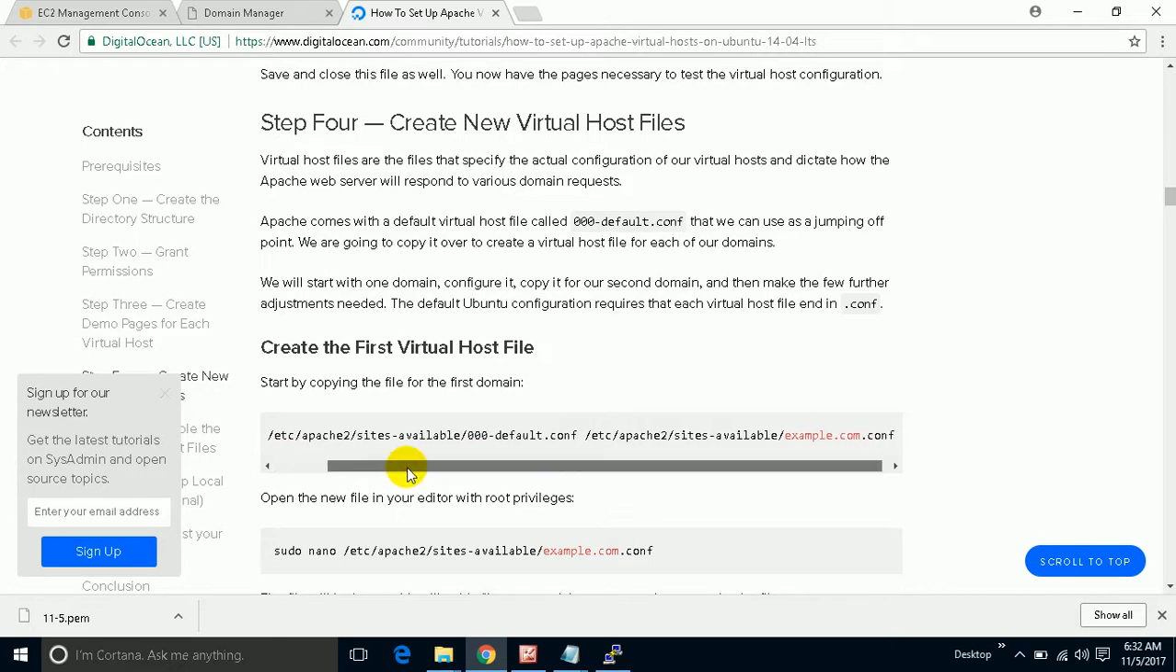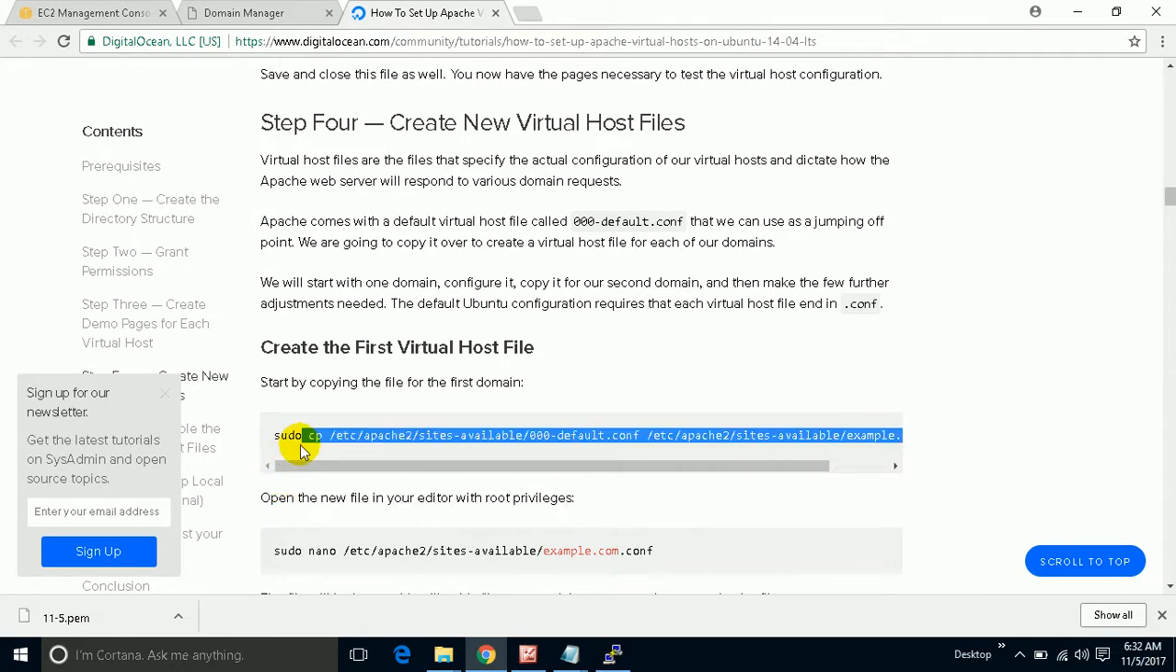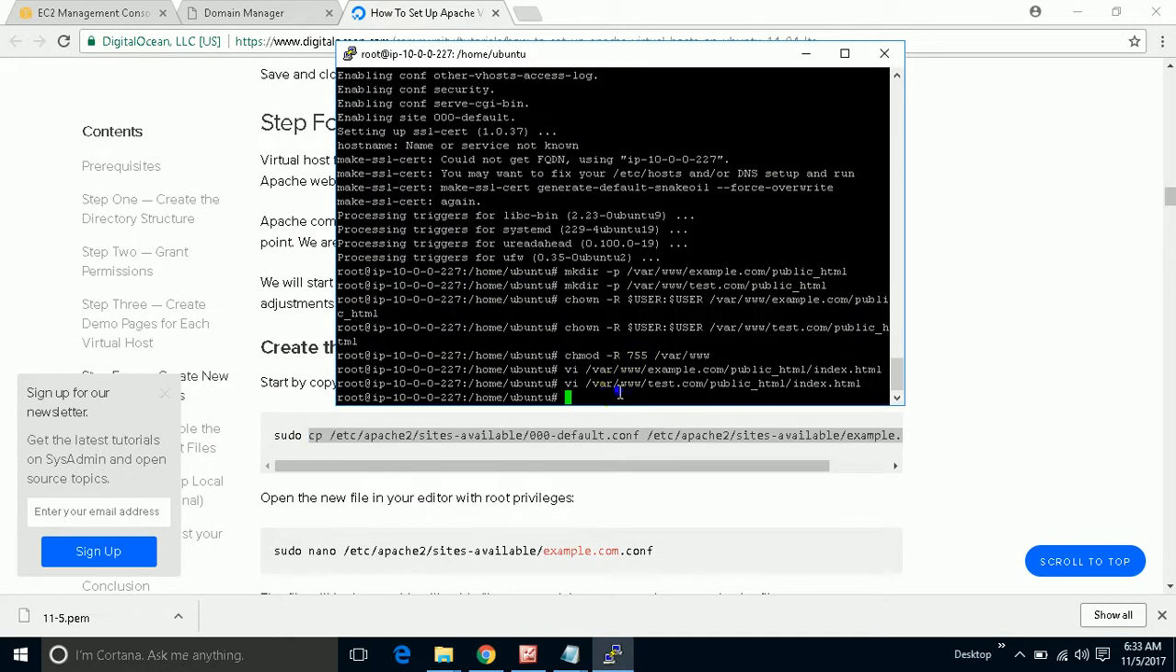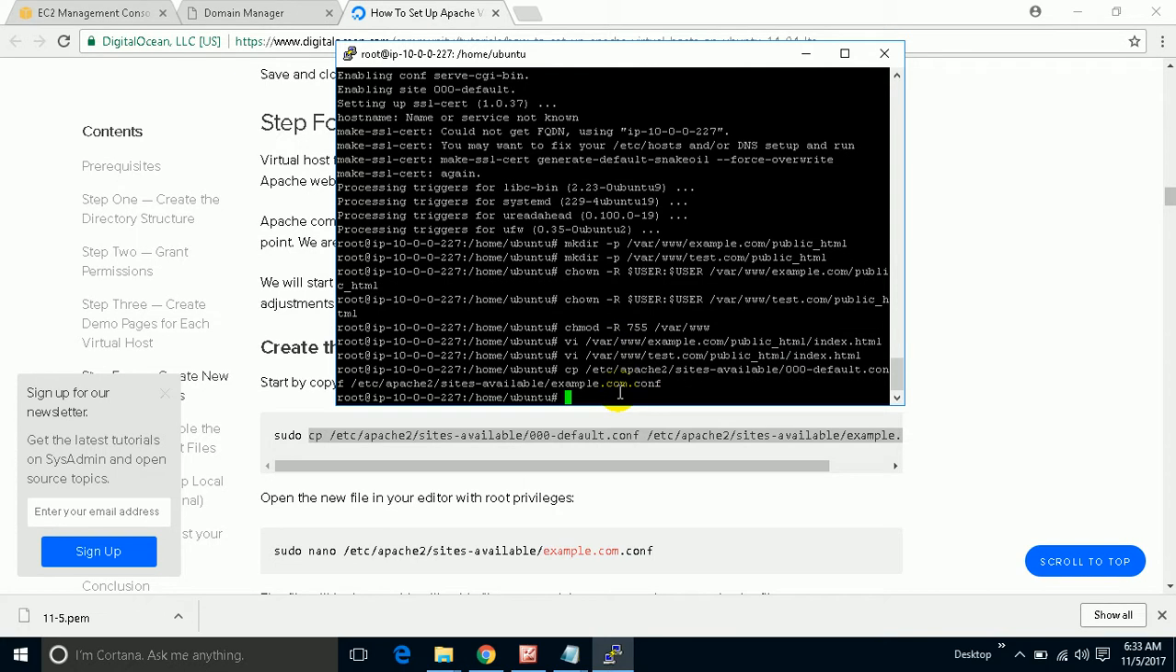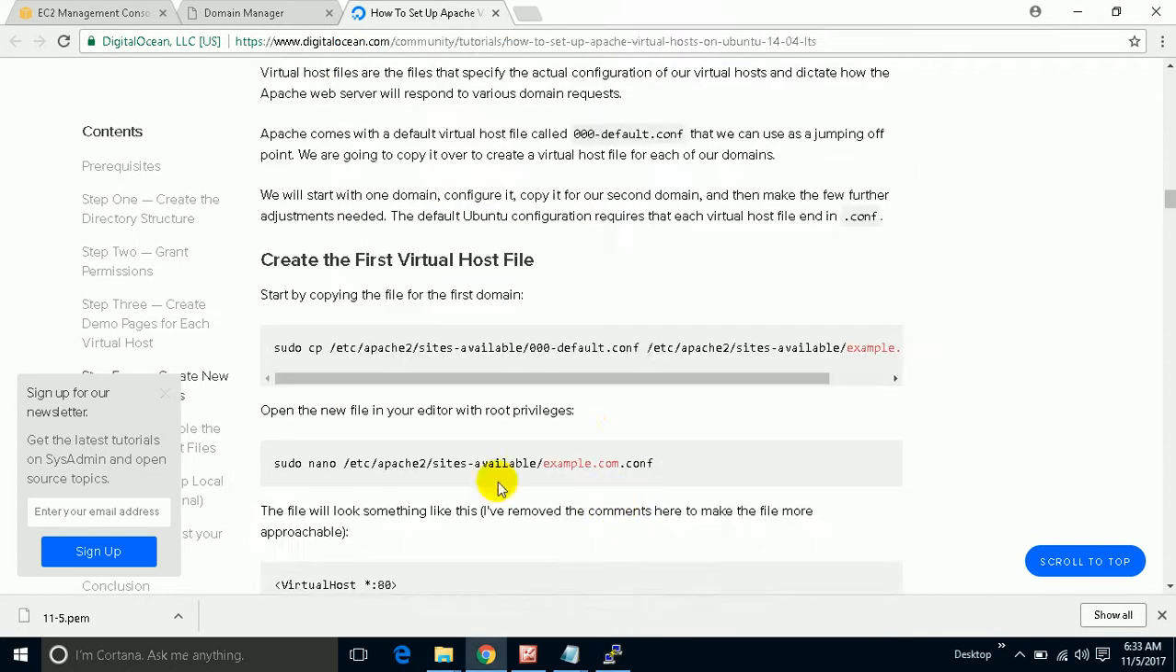So the first step, we're copying the default configuration file to the concerned path, I mean example.com. So we need to copy this exactly and just paste it over here. So it's done. Again, we can open this file right away to configure the